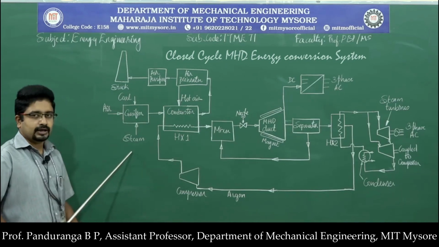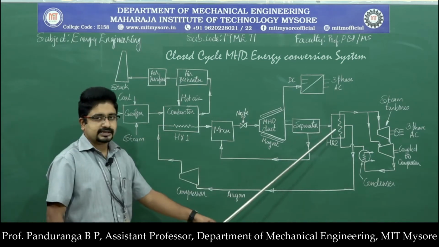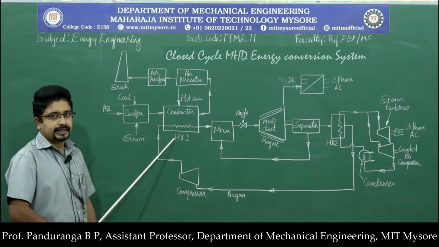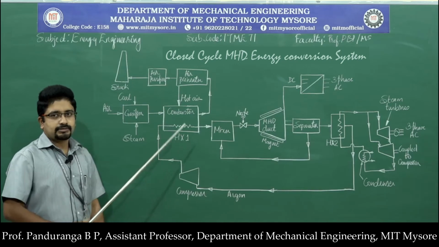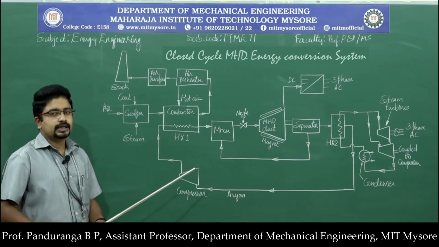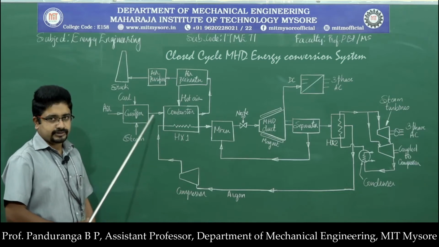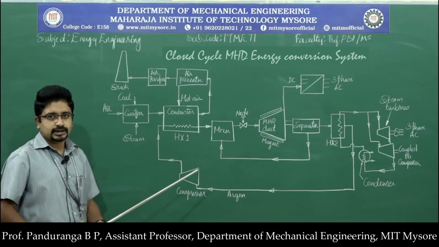For that purpose we are using steam and we are drawing steam from heat exchanger 2. Then we have the combustor and heat exchanger 1. In the combustor, as the name indicates, we are burning the fuel. So the fuel here is the coal gas coming out of the gasifier. So here the gasifier is connected to the combustor and